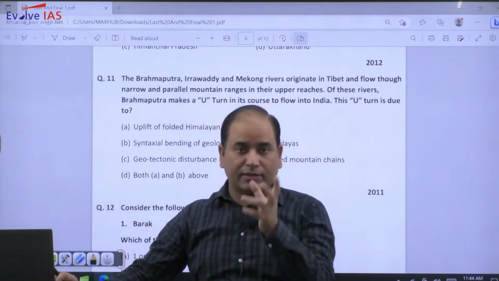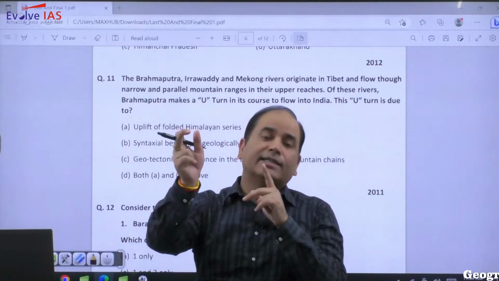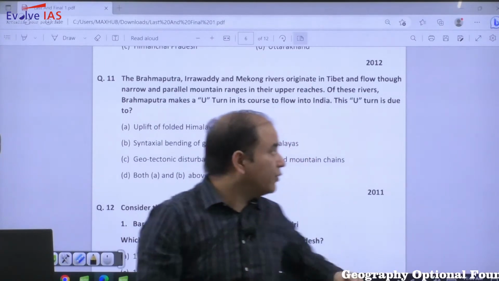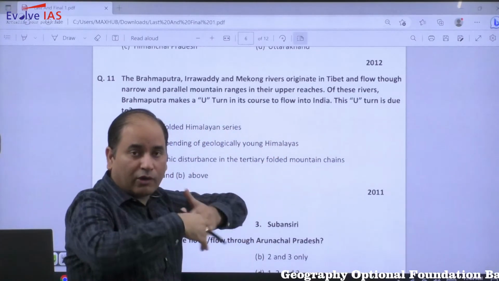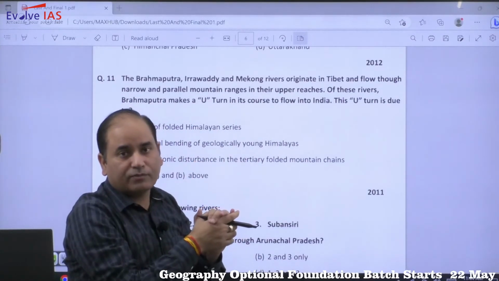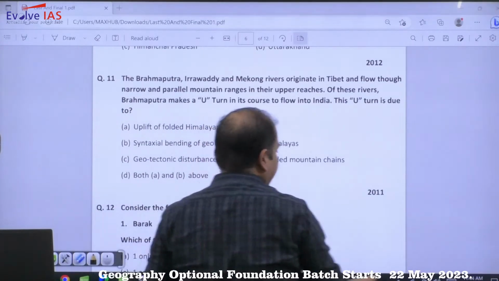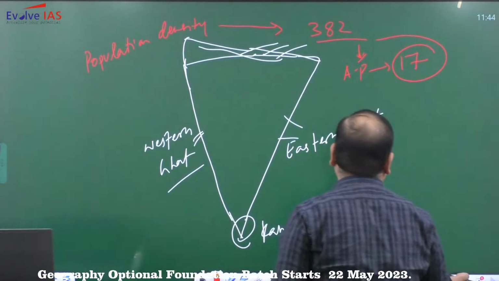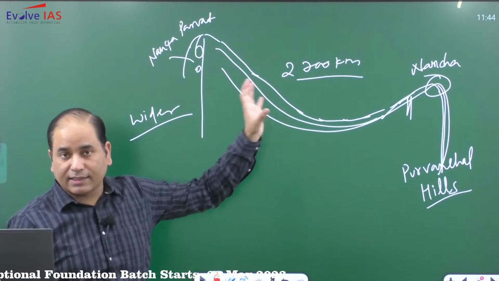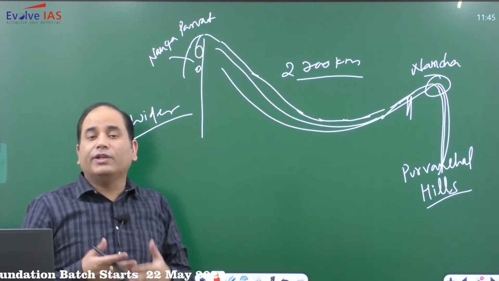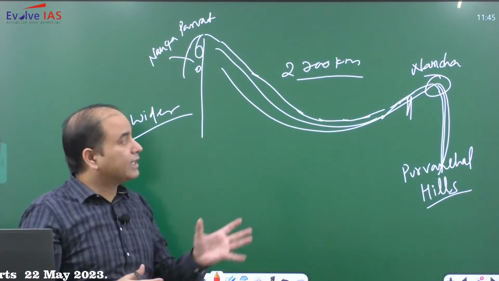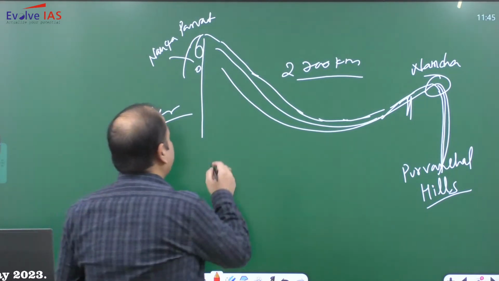Now in Arunachal Pradesh, it flows under the name Dihang, and it enters India taking a U-turn through Namcha Barwa. So the question is checking your geological understanding: what is the shape of this Namcha Barwa? As I said, this shape is the result of the collision of the Indian plate with the Eurasian plate, and it is referred to as a hairpin bend